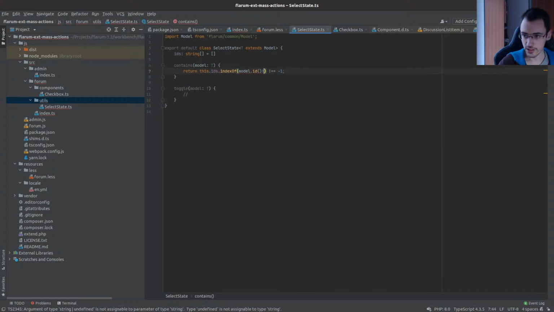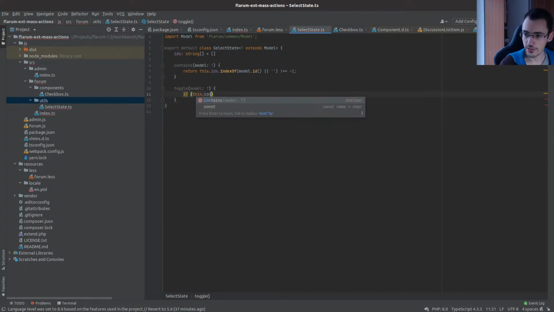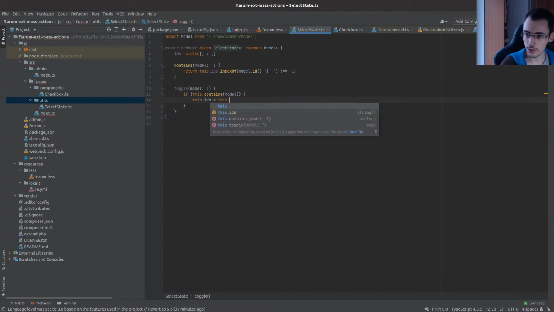Okay, so I just need to say that I know it's not undefined. Or I mean, it shouldn't matter if it is undefined. Maybe I can just do it like this. So let's look for this ID in the list. And now here I can do something similar. So toggle, I can do if this.contains model, then I will do this.ids equals